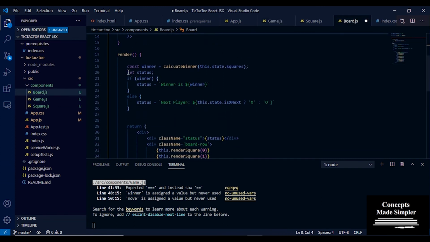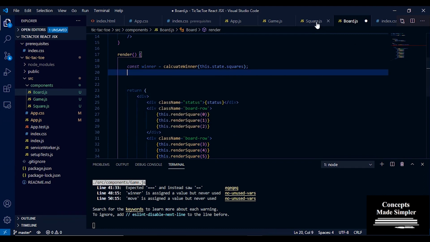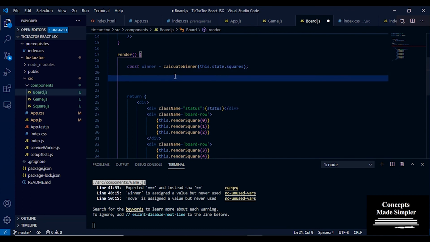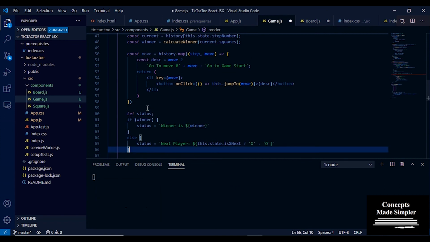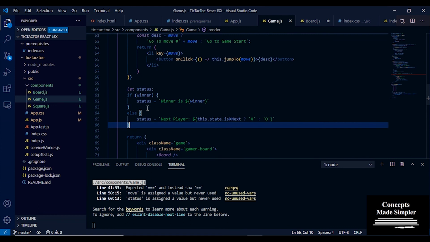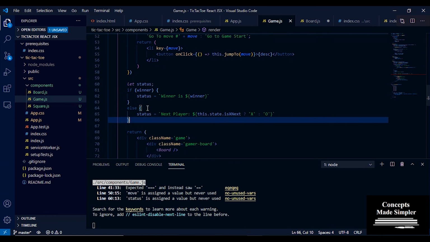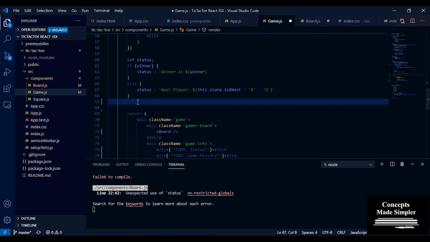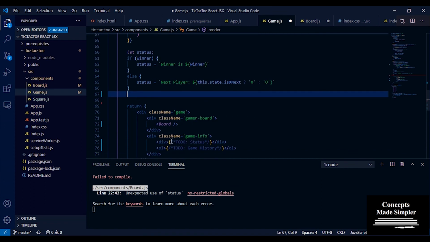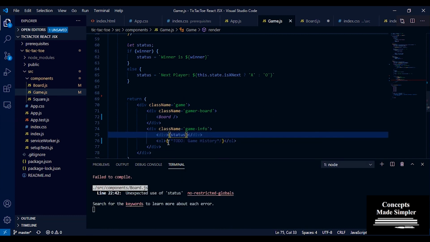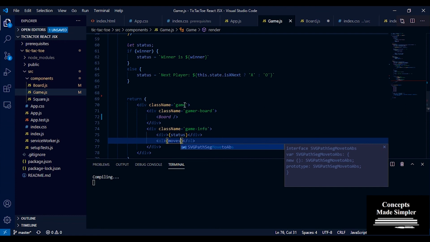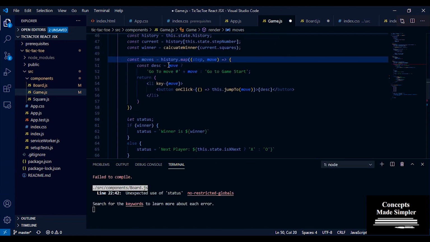Okay, now let's just pull out the rest of the information. Let's just pull out this part from here, and we'll pass it in to this. Okay, so let's just pull this out and let's paste it here underneath this. Okay, so we can calculate the status from here, and if there is a winner. Now next, okay, so now that we have our status set, let's just push this status variable here. Let's finish this to do. Okay, and now this game history is basically going to be the list element. So we're going to make it moves, and let's make this also moves.